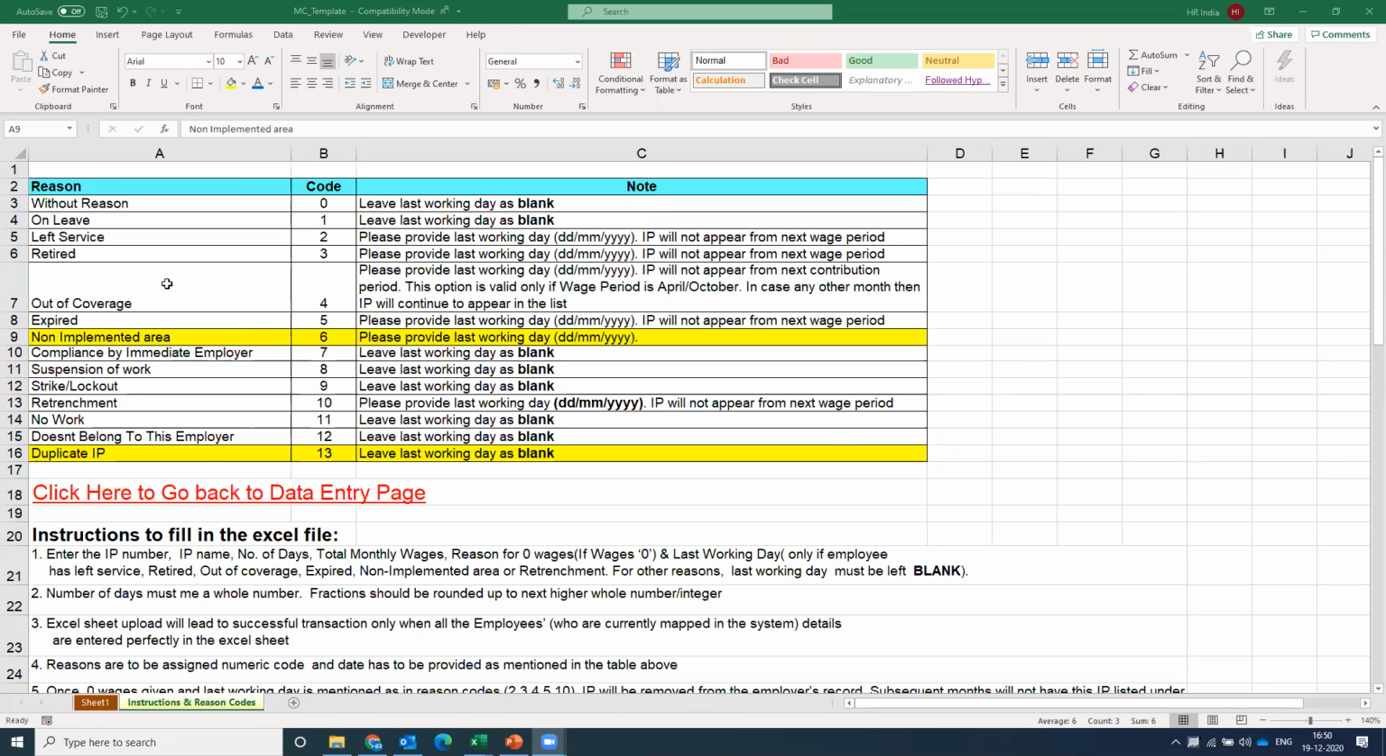That branch will be considered as out of coverage, right? And that's why if the employee gets transferred to that branch that is not registered in ESIC, the employee cannot remain in ESIC with the previous company, right? Because ESIC is supposed to give medical treatment and all the medical facilities in that specific location. If there is no ESIC branch, no dispensary, no hospital,